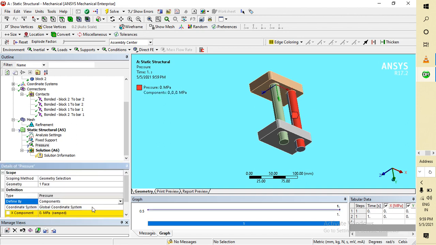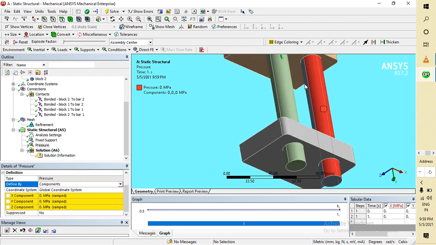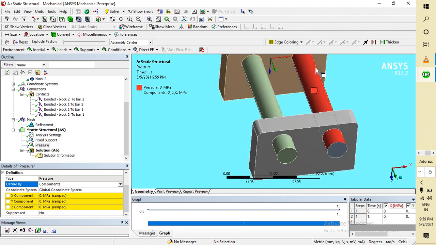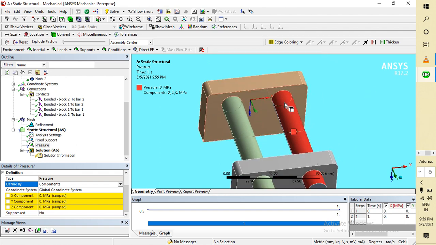As you all know, we choose component because it is easy to define the direction. Here you can see, guys, if I zoom in here, this is in the x direction, so the force is applied in the x direction and the negative x direction.